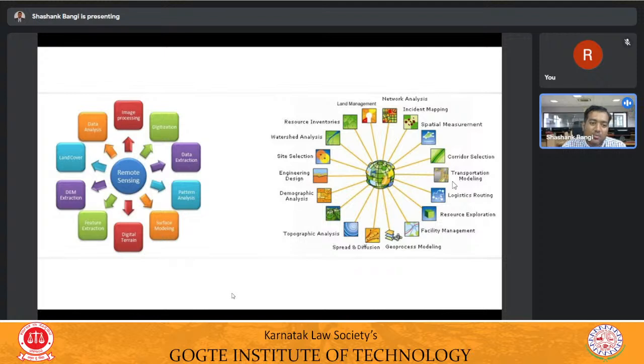And one more advantage of remote sensing is we can get information that we can't see with our naked eyes. So we can look beyond the visible spectrum. Some information such as thermal information or near infrared information cannot be captured with the help of our eyes. So that information we can capture with the help of remote sensing technology. And once the information is available, we can process it with different layers by using a geographical information system. So this is how remote sensing and geographical information systems are connected.